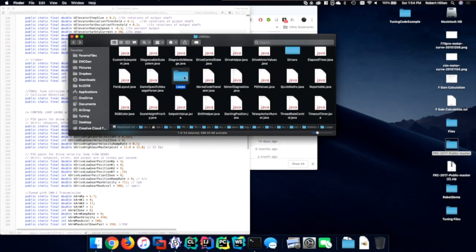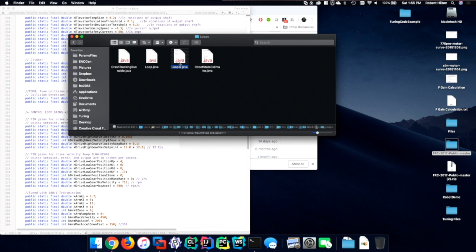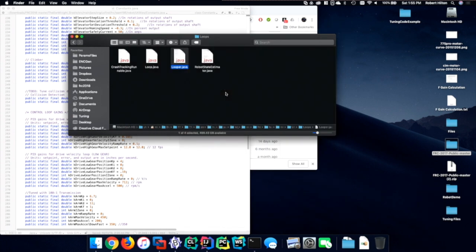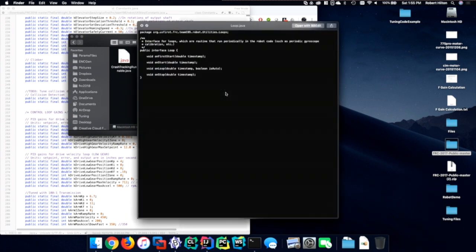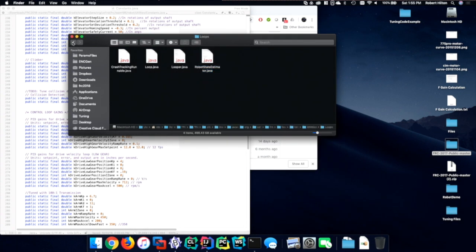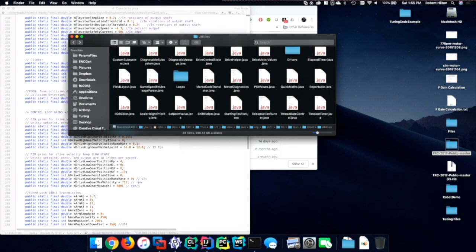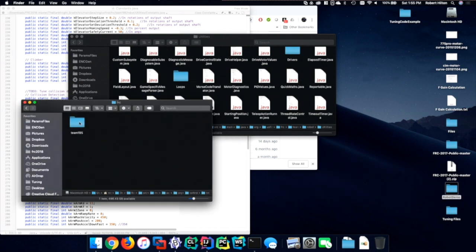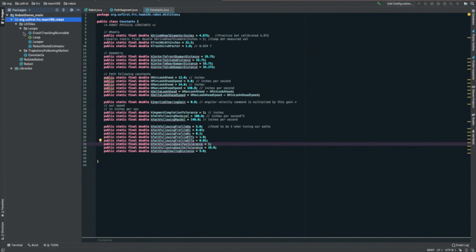So now let's grab the looper, right? We have a folder called loops that contains our looper. And this is basically the task manager that we talked about before. Now we have an interface called the loop, and now we're going to leverage polymorphism to implement subsystems as loops. That way we can run periodic tasks through our looper synchronously. So let's take the whole loops folder and move that also into our utilities. So now we've got utilities, loops,